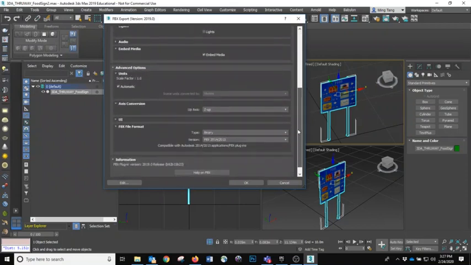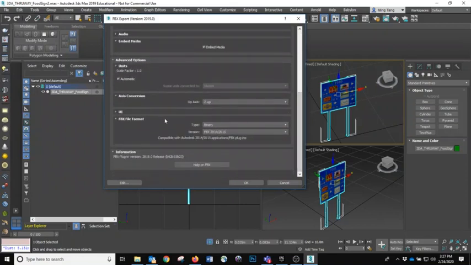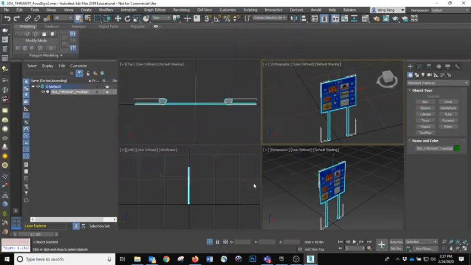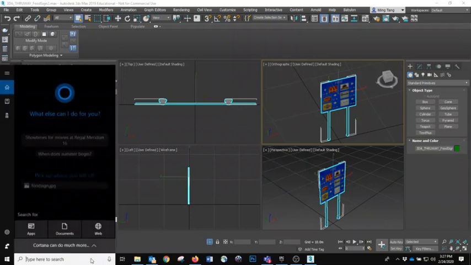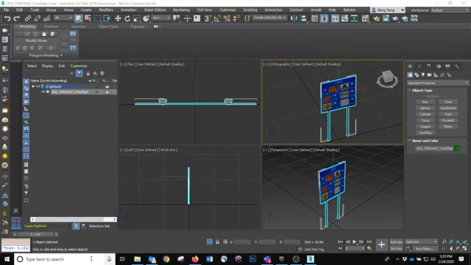FBX under my C drive documents max export folder. Right, you want to make sure the unit is meter. So right now it's automatic as meter. Okay, you're done. Then the next step is we're gonna go ahead, put the FoodSun into